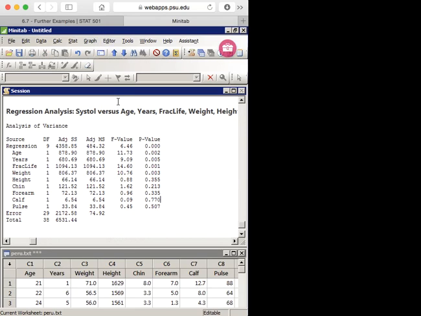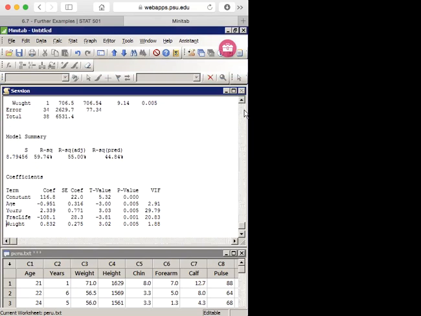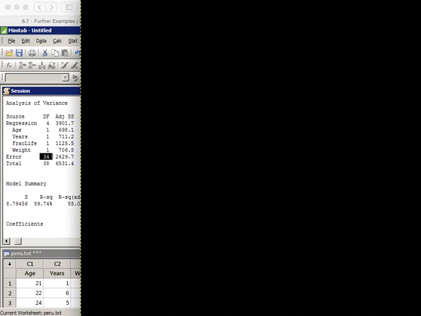To calculate the F statistic, we can proceed in one of 2 ways. The first way is to use the general linear F statistic formula. To do that, we refit the model without those 5 predictors, and we obtain a reduced model which has this ANOVA table, where the sum of squared errors has increased to 2629.7 with 34 degrees of freedom, and we can put that information together with the information from the complete model